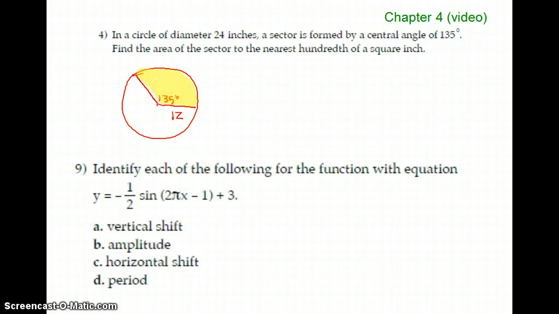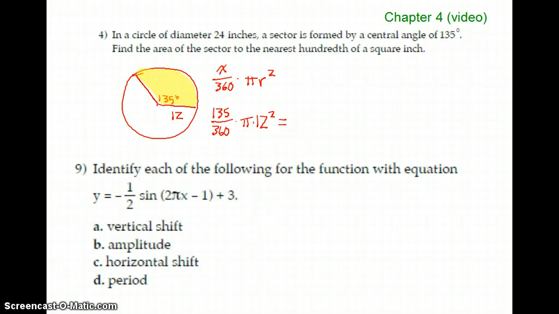All right, so you have a formula for that. You actually kind of have two formulas for that, but the one I think you're going to remember the most is degrees out of 360 times, we're talking about area here, so we're talking about pi r squared. If it were arc length, we would have done 2 pi r here. All right, so the degrees is 135 out of 360. You might be able to just sort of notice that that's 3/8 here. Pi times r, see how we needed r and not